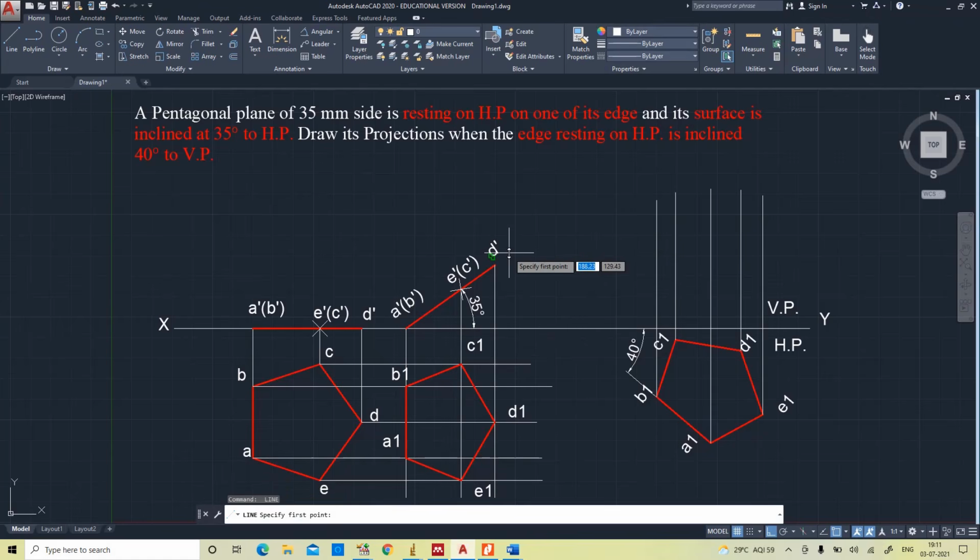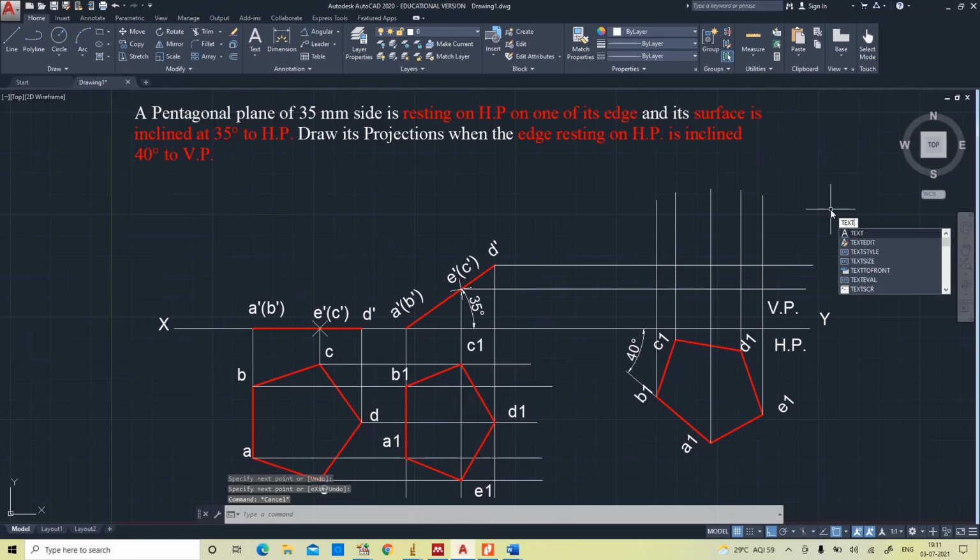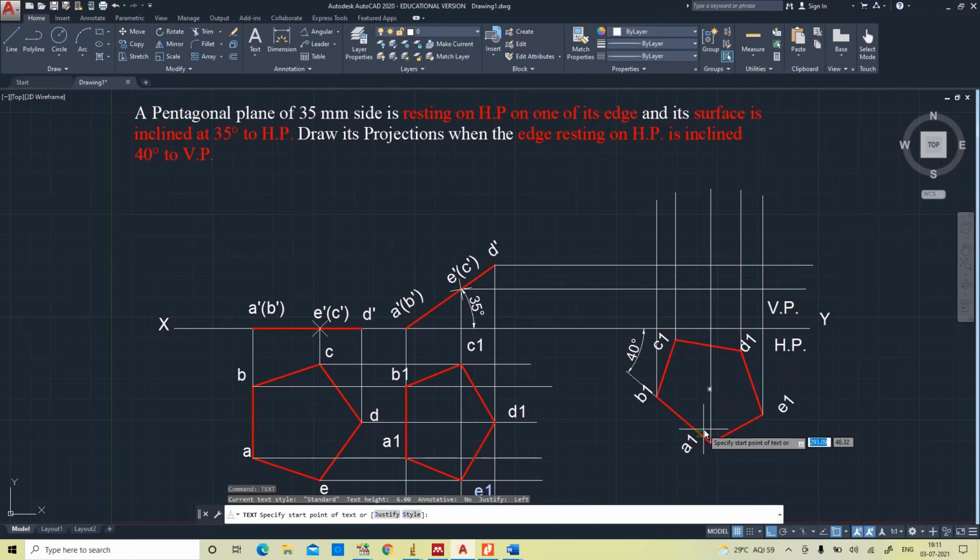Yes. Now this one. Already no need to draw, already a line is there, so no need to draw a reference. Now we will make the points. First, with A point only we will start.